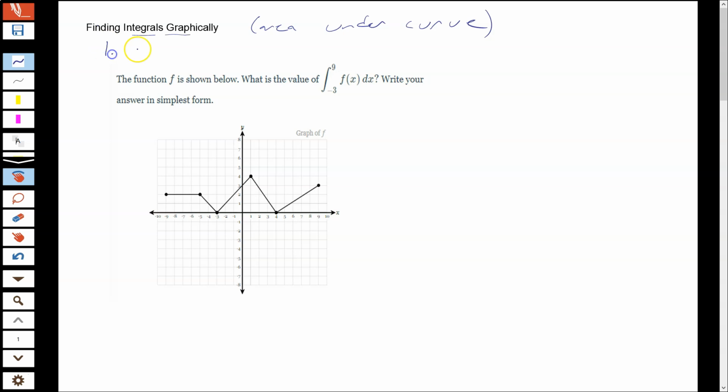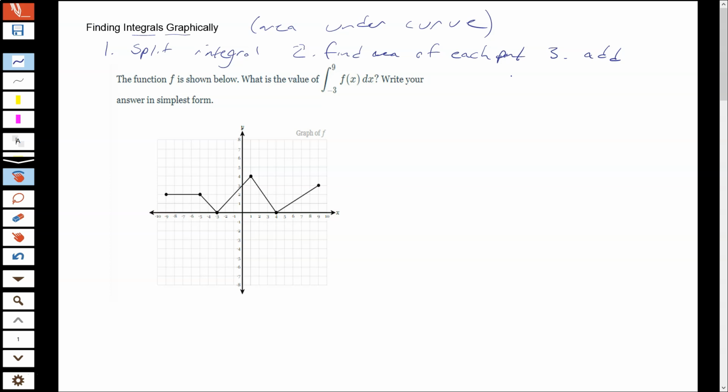We're going to split the integral up. Find the area of each part. And then we're going to add them up. Okay, so